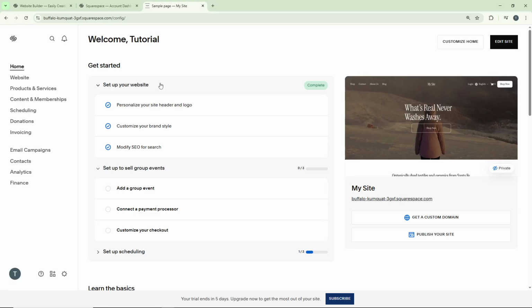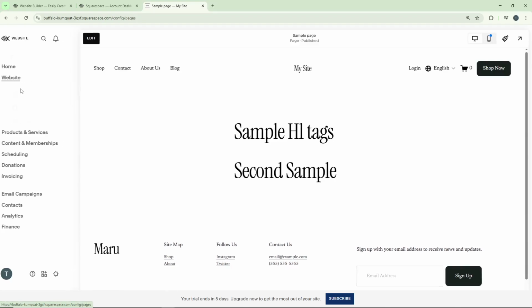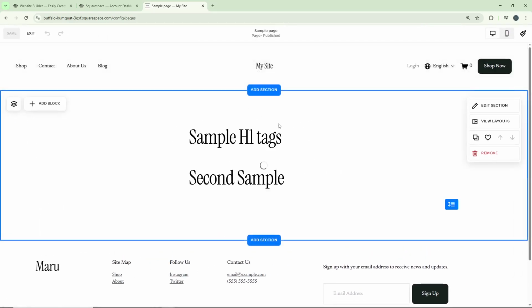Now on the left side menu, click on Website. Under this option, you'll see several choices, but for now, click on Pages. This section displays all the pages that make up your website, allowing you to manage and modify their content. Next, click the Edit button. This takes you into the visual editor where you can see your page layout in real time and make changes